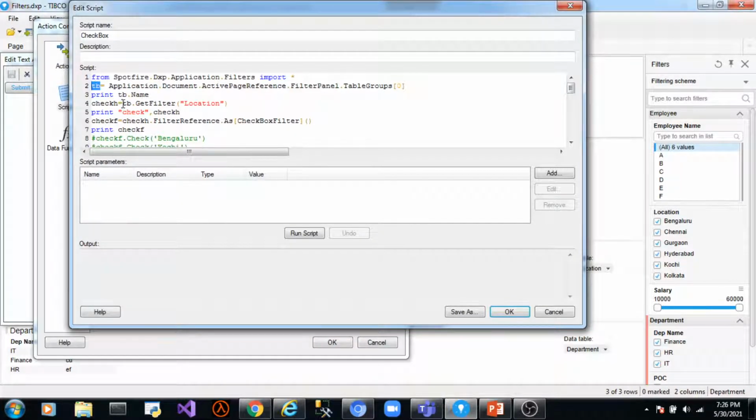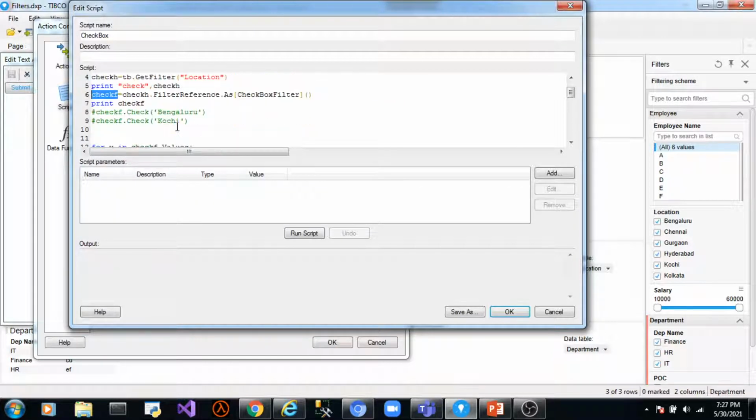With this table group instance we have used get filter to get the handle to the filter location. With this filter handle we have used the filter reference to get an instance of the actual filter, and with this filter we have used the as method to cast this filter into a checkbox filter. This returns an object of type checkbox filter class which is stored in the variable checkf. Now with this checkf you can use all the methods and properties which are available in the checkbox filter class.